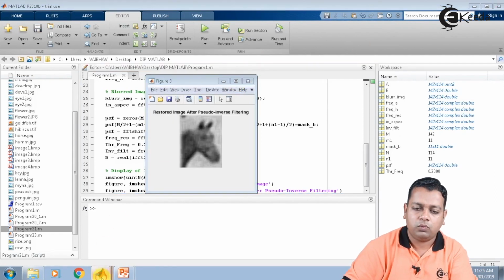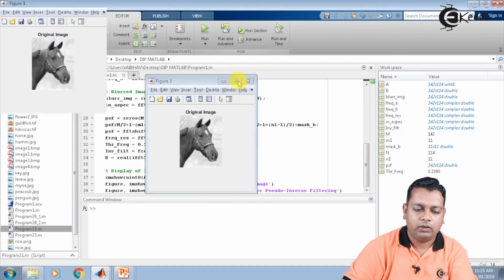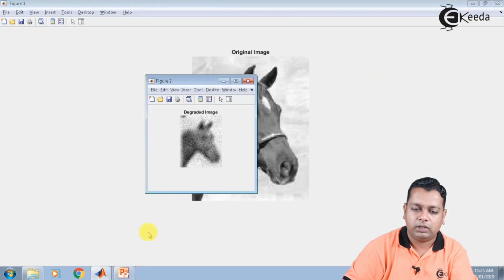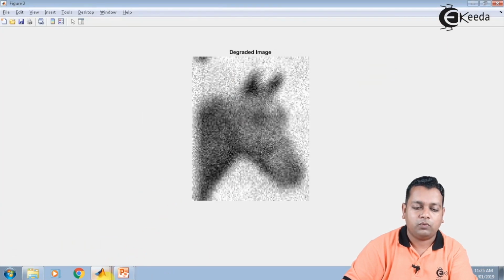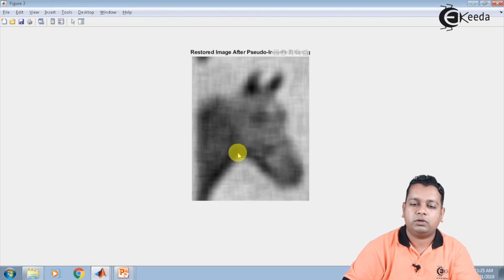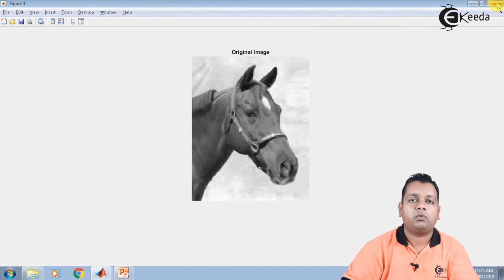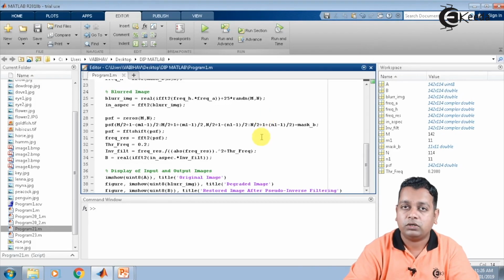So this is our original image. This much it was degraded, and with an attempt with the help of pseudo inverse type of filtering, we have this image reconstructed up to this level. I hope the programming for pseudo inverse type of filtering to restore the image is definitely benefiting you.